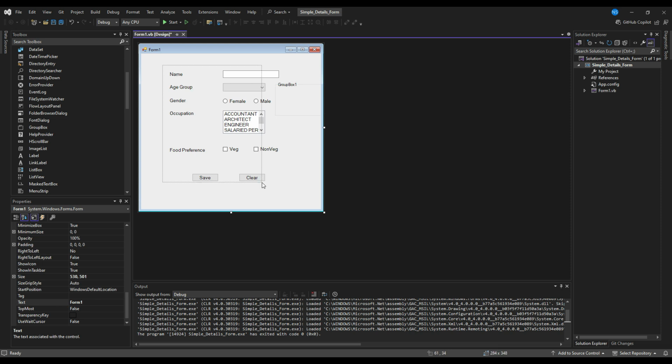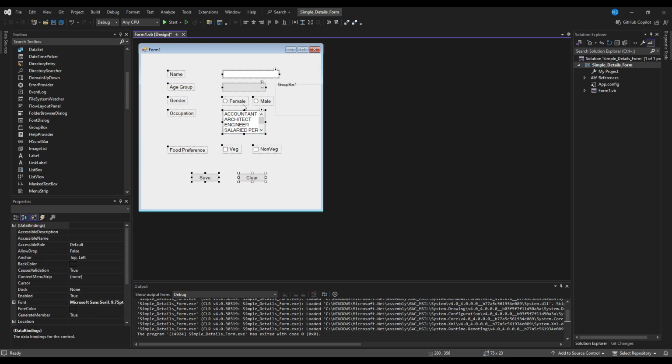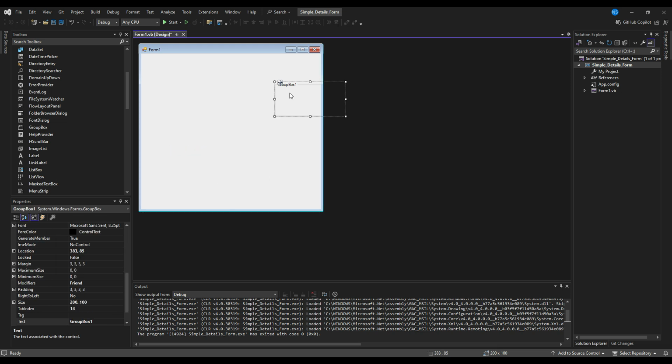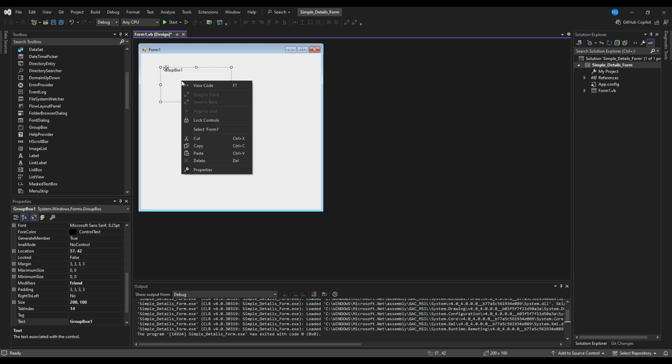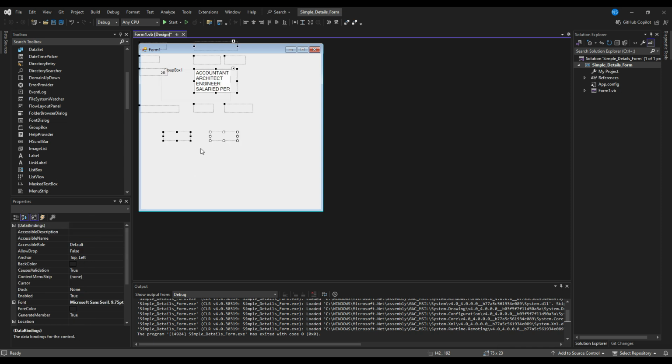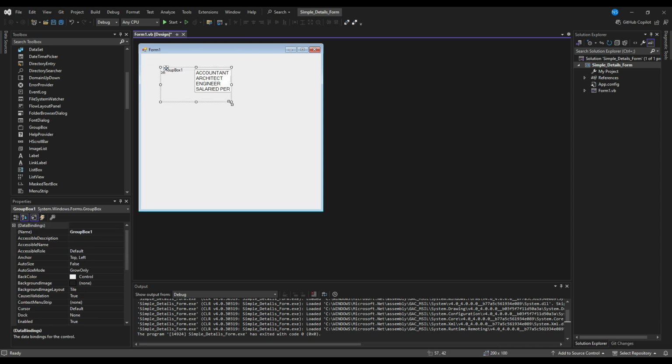I'll just select all these. Okay, and I'll do a cut. Now I'll bring the group box here. I'll click inside that group box and then right click and paste everything. So now everything is inside this group box now. See,